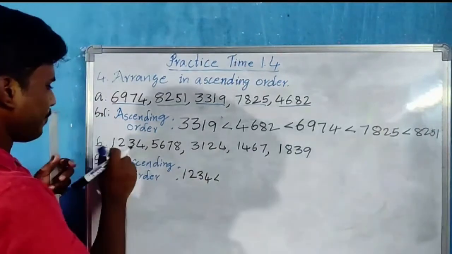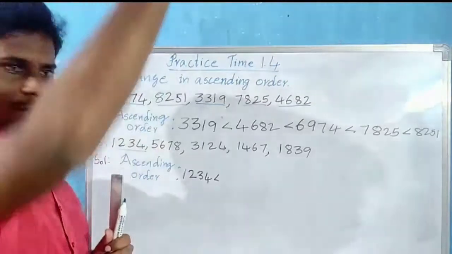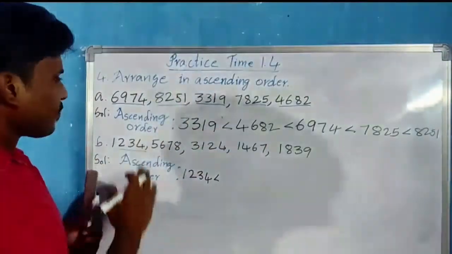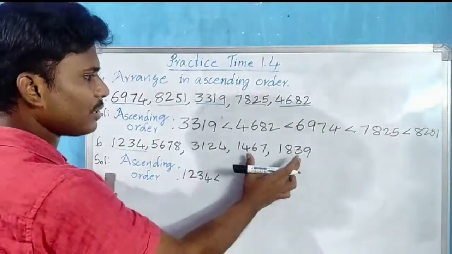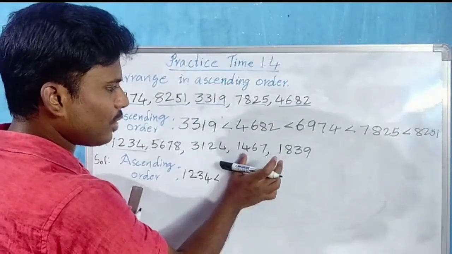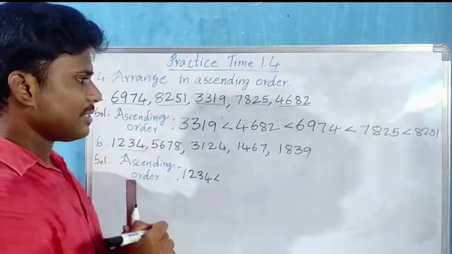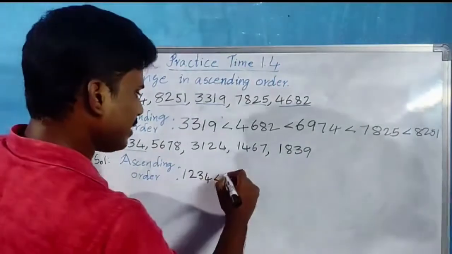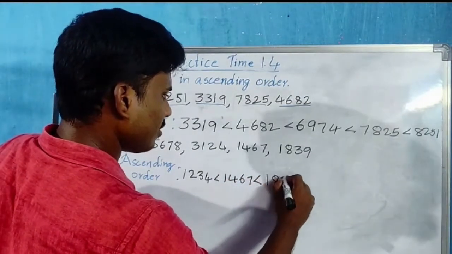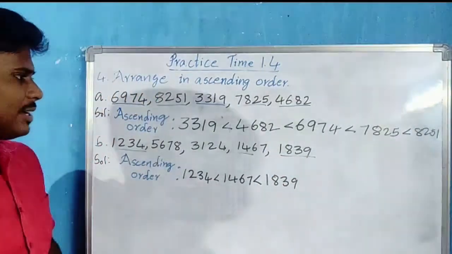So less than. Okay. So we are arranging smallest number to biggest number. So small and more, big, big, big in that way. As we completed this, we are left with two numbers which have 1 in the thousands place. So 1, 1. If you go for the hundreds place, 4 and 8, which is less? 4. So let us write this, 1467 is less than 1839. So as we completed these two numbers, underline.